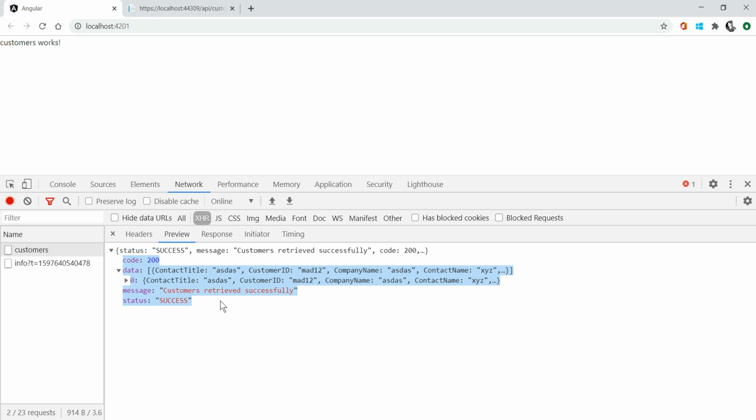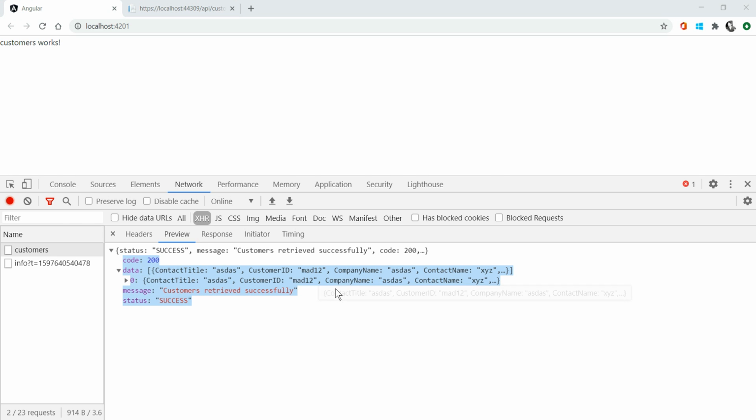So whenever there is a developer, he can give any kind of response data. Here I'm getting the response data in this format. Tomorrow, one more developer can give the response data in some different format. So we have to capture it under the previous section of the HTTP request. Okay, so I need to take this data.